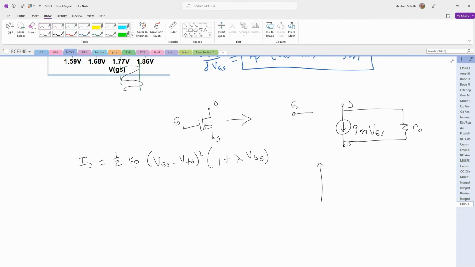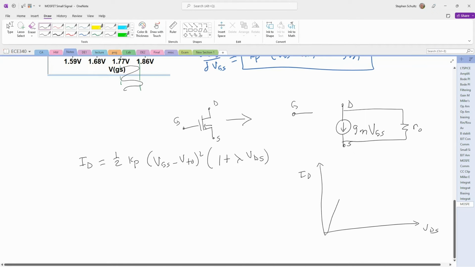If I want to know what this looks like, as a function of VDS and ID, I get something that looks like this. You see it has a little bit of slope on that line. So even though we're in active, it has a little bit of slope, and that's going to be related to the lambda. So now RO is going to be delta VDS over delta ID,